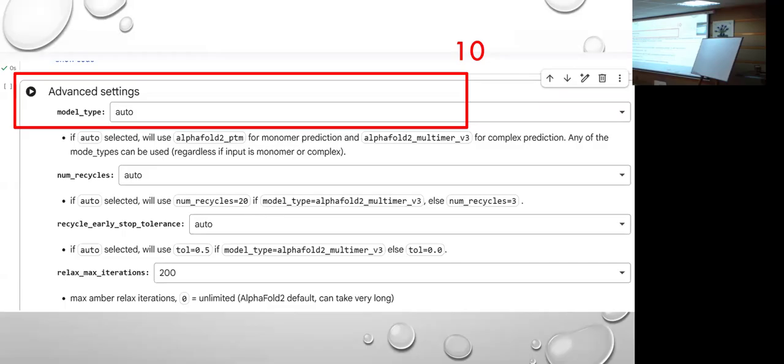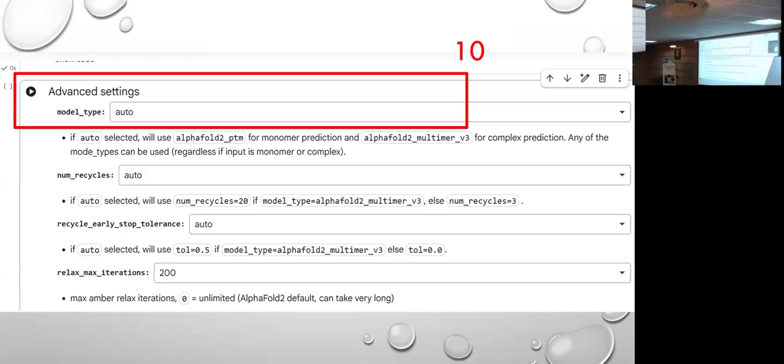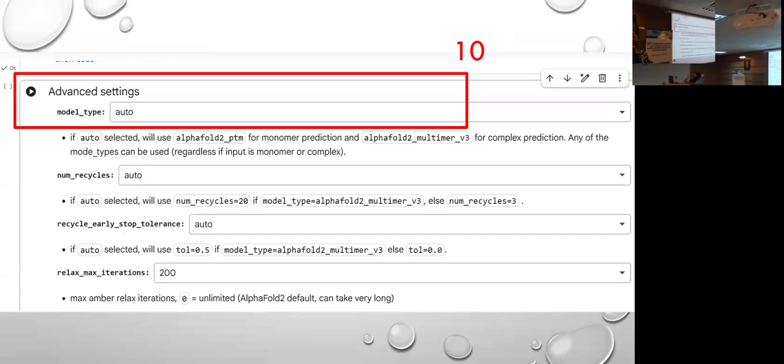So in the num recycles, if you are listening to me, AlphaFold uses the template, you have provided the MSA alignment. You have pressed that button, right? It has utilized its own template available in the database. Now it is trying to generate the model, using advanced techniques of the AlphaFold server.